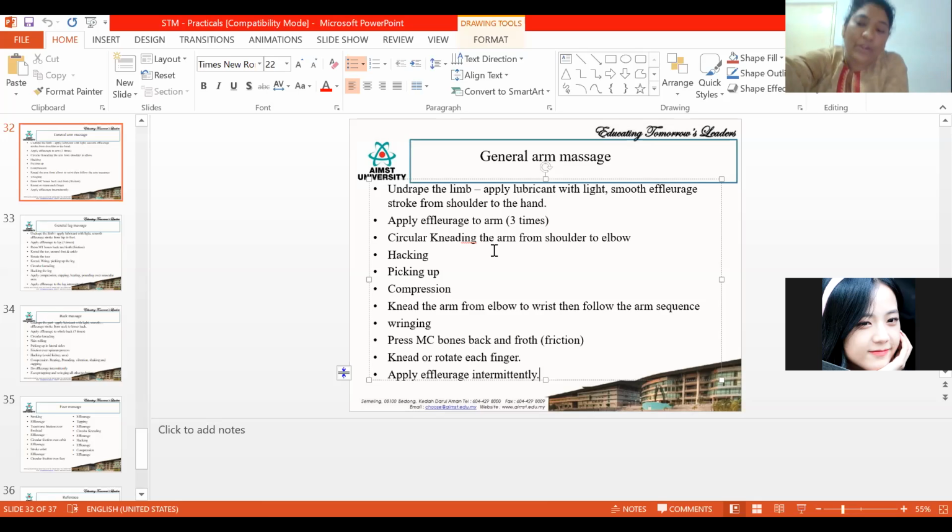The same thing you will be doing in the lower limb. So you have to do the spiral kneading in the toes. Okay, after spiral kneading you can drain it over the ankle. You can do this effleurage and you can drain it in the ankle. Then you can go for friction. Then you can go for